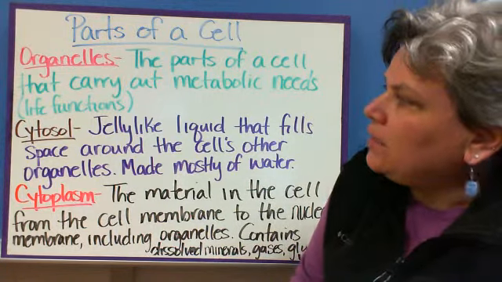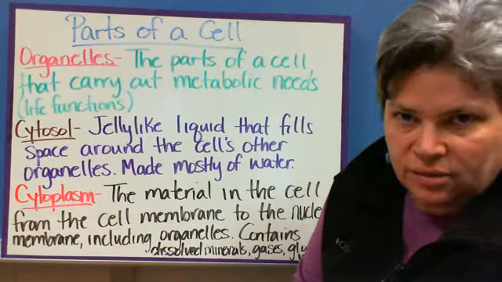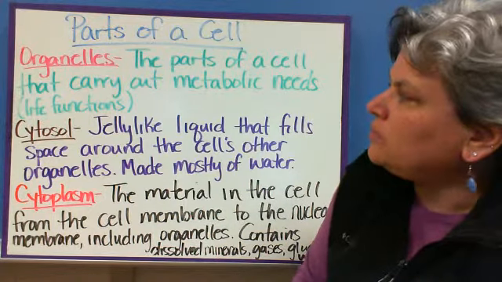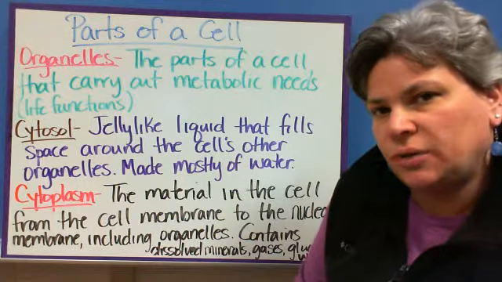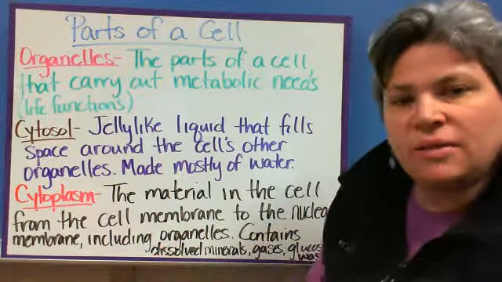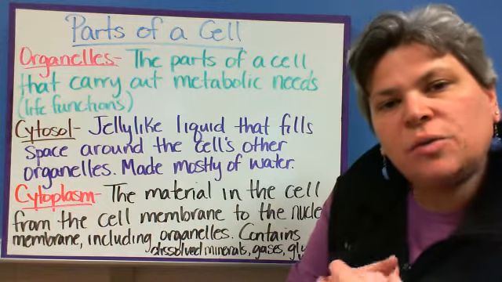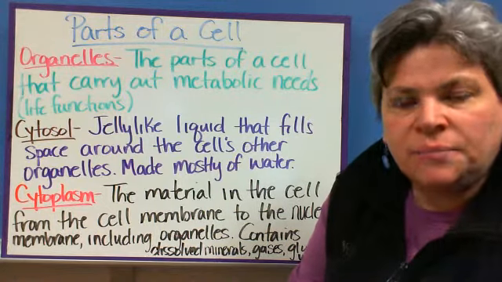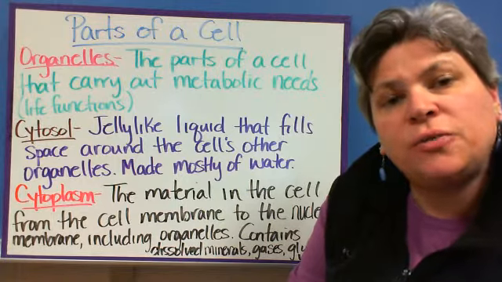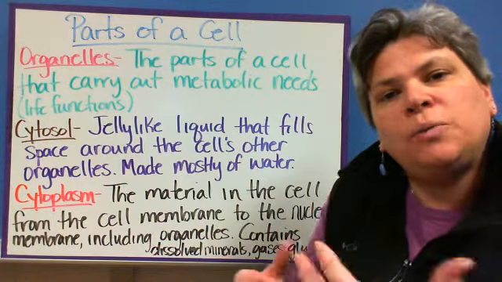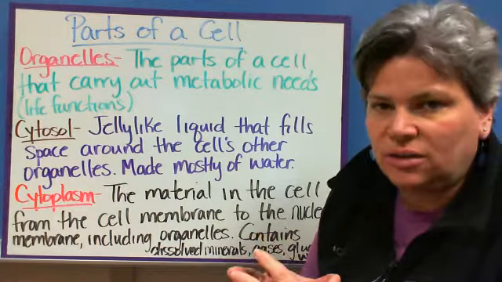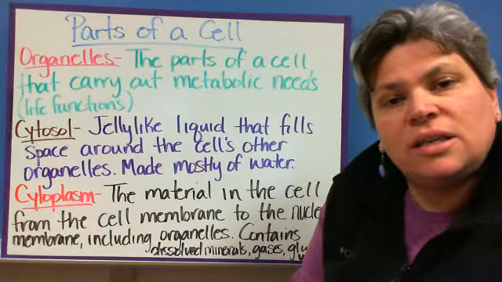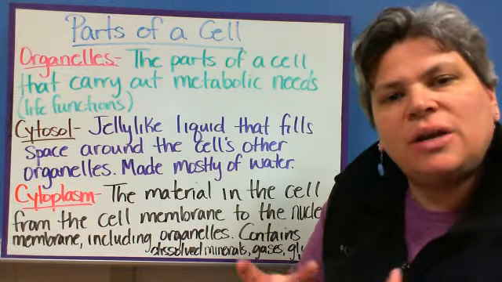So to do that, we need to define a term called organelles. Organelles are the little parts of a cell that carry out the metabolic needs or life functions for the cell. And when we put L at the end of the word, we're saying little. So basically they're little organs. They're performing similar functions for the cell that your organs would perform for the whole body. But every single cell has those organelles, so every cell, in essence, could survive on its own because they're undergoing